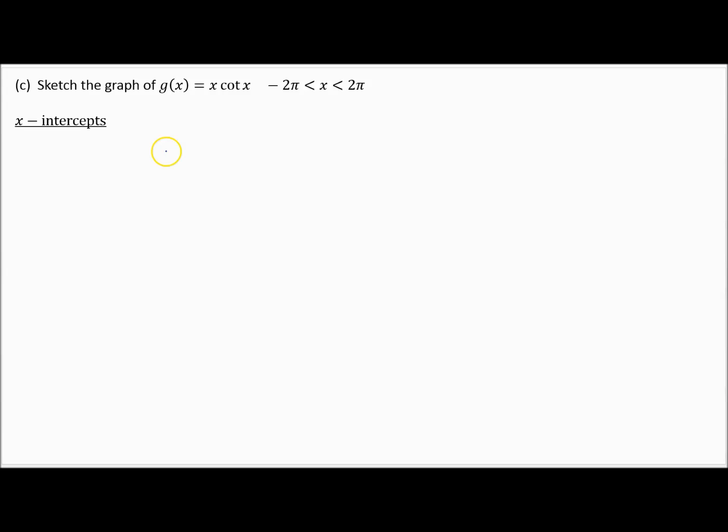Now remember how to find an x-intercept. You set y equal to 0, or in our case, g of x equal to 0. So I set this entire function, 0 equals x times the cotangent of x. That's what I'm solving. Now again, it may be easier to think about this in terms of sine and cosine, but notice first, before we do that, this is factored. So I set x is equal to 0 here, this factor equal to 0,